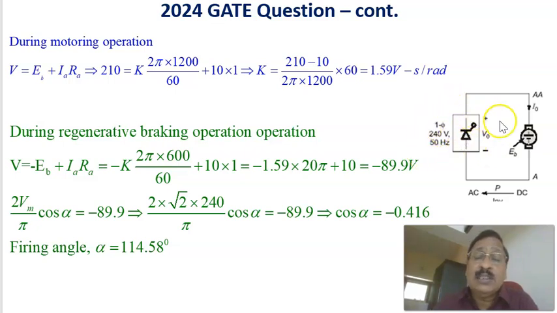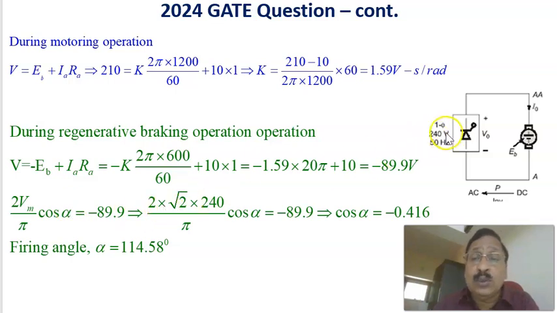The basic equation relating the input voltage and the DC output voltage for a single phase converter is 2 Vm by pi cos alpha. The average voltage at the output of a single phase controlled rectifier is given by 2 Vm by pi cos alpha. Therefore, 2 Vm by pi cos alpha should be equal to minus 89.9 volts, or from 2 into